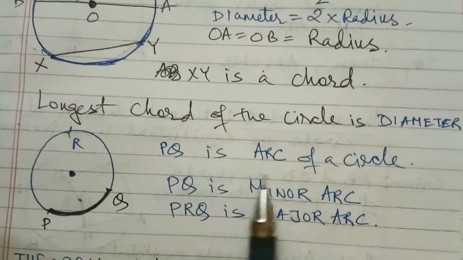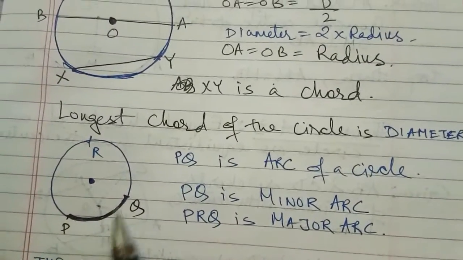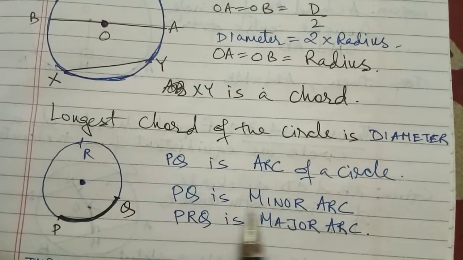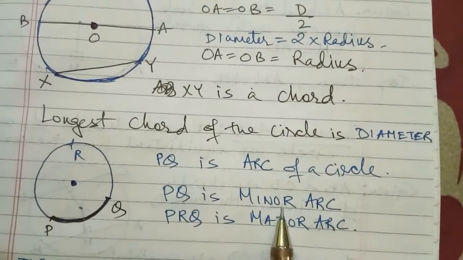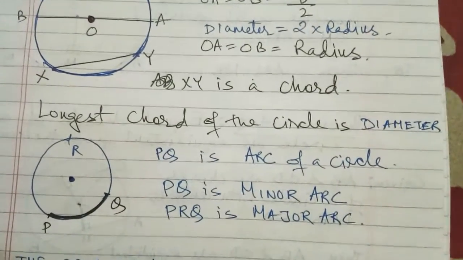Now coming to arc. What is arc? You can say that PQ is the arc, and PQ is also the minor arc. Minor means smaller, and PRQ is the major arc. Okay, then from here see,